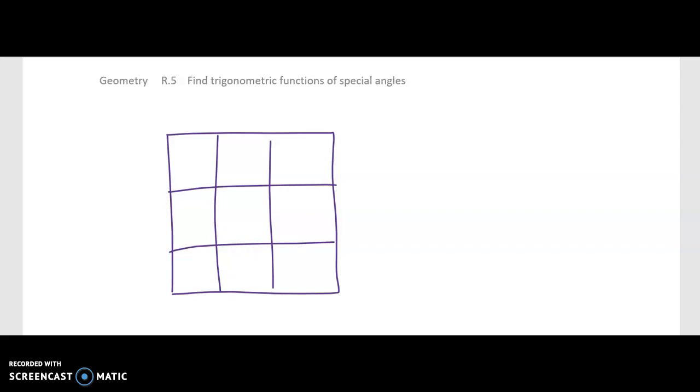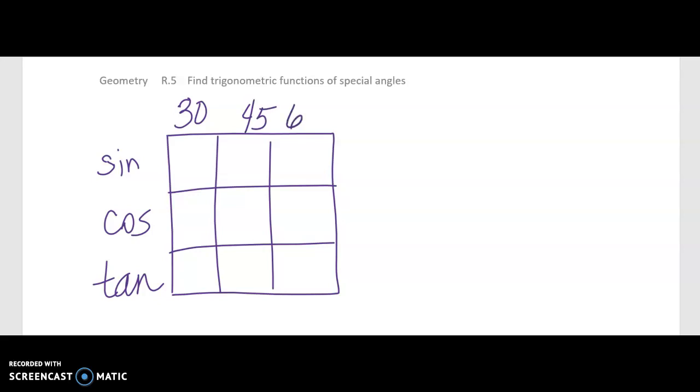Make a little 3x3 square. On the left side is sine, cosine, and tangent, the normal way that we normally would. And if we have special angles, we have 30s and 60s and 45s, so we're going to put those in order. So 30, 45, and 60. And there's a little song, and it goes to Jingle Bells. Jingle bells, jingle all the way. Right? So what we're going to do is 1, 2, 3,